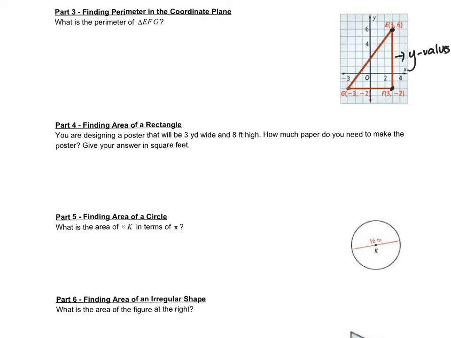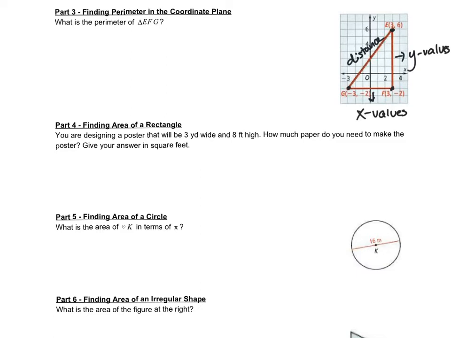And then we have to find the distance between F and G using absolute value signs with our X values, because that is our base. And then we have to use the distance formula for E and G. Then we'll be able to add the sides together to get the